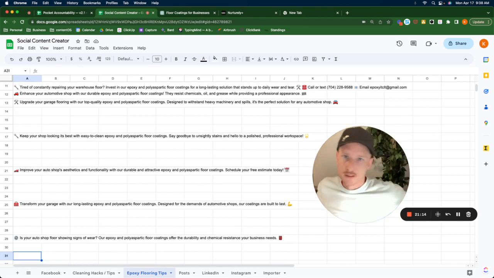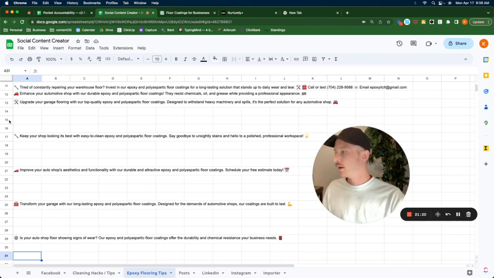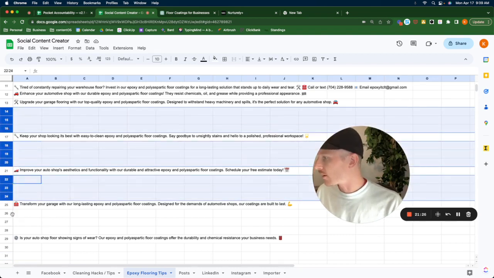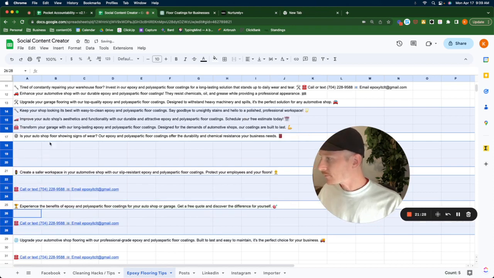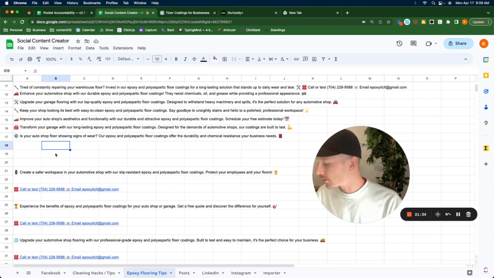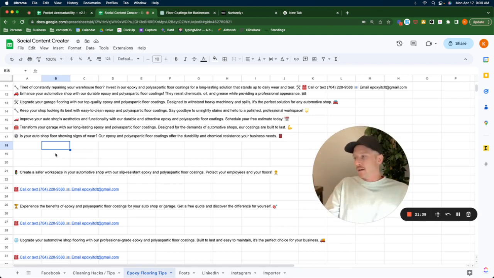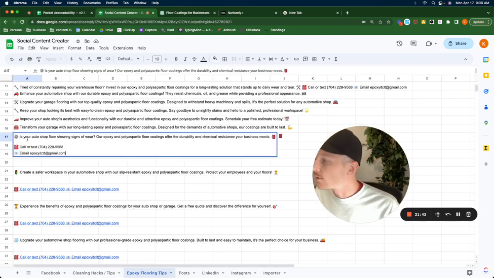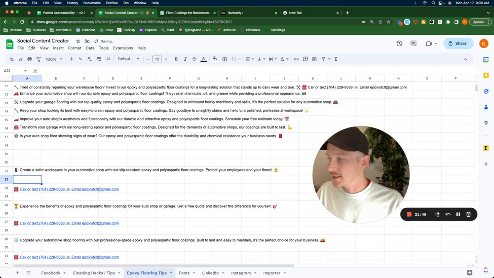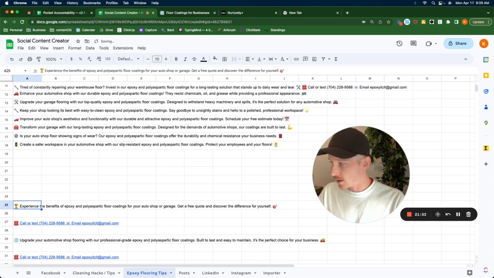Again, missed call auto text. It is the phone number, much like the one that I'm using right here. The 704 number is an MCAT number. And that is simple automation that watches all of your missed calls and will text anyone that you miss a call from, and it'll try to save that opportunity. So if you have a line that all potential clients call, it should be an MCAT line. I think we are able to now, as of very recently, use existing business numbers. So I know that was major. So if that's you and you are still interested,